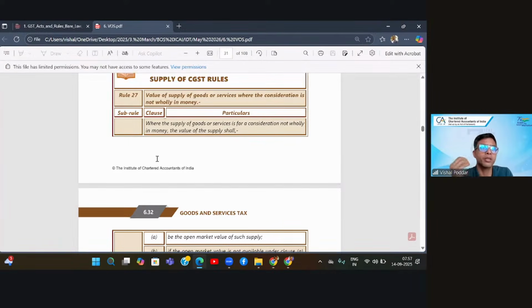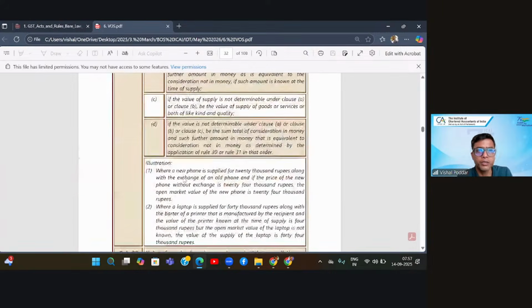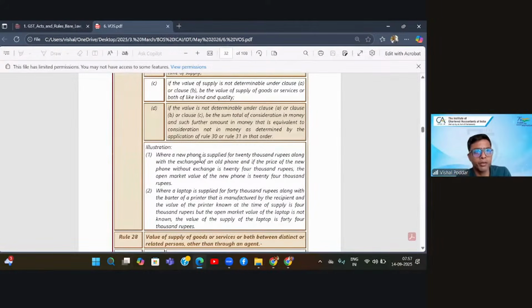Similarly, another case scenario which will come over here in this particular case is that where along with monetary consideration, I receive from you something which is in non-monetary form. So mainly it covers the cases of barter. If you remember, the supply definition covers barter. Like here, if you see, few examples given by our module are most real life common examples that when you go to buy a new phone, many times what you do is you do an exchange. You give your old phone, and against that you buy the new phone by paying some differential price. That is again a